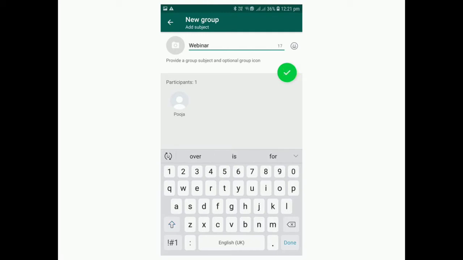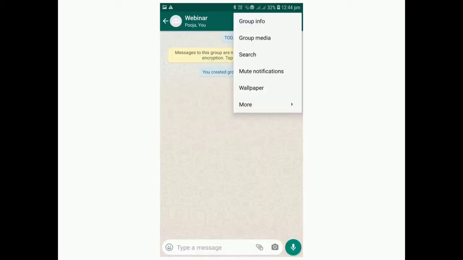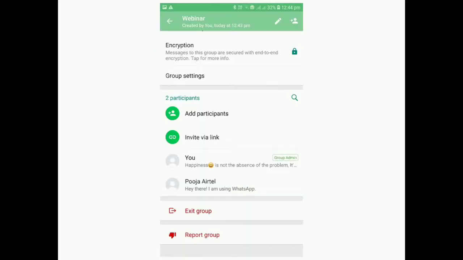After that, move on to group info. Once you move on to group info, you will get invite via link. Through invite via link, you can invite other participants to this webinar group.